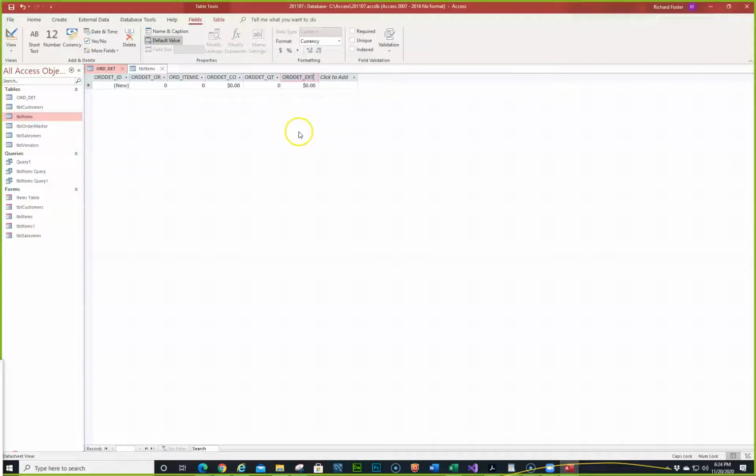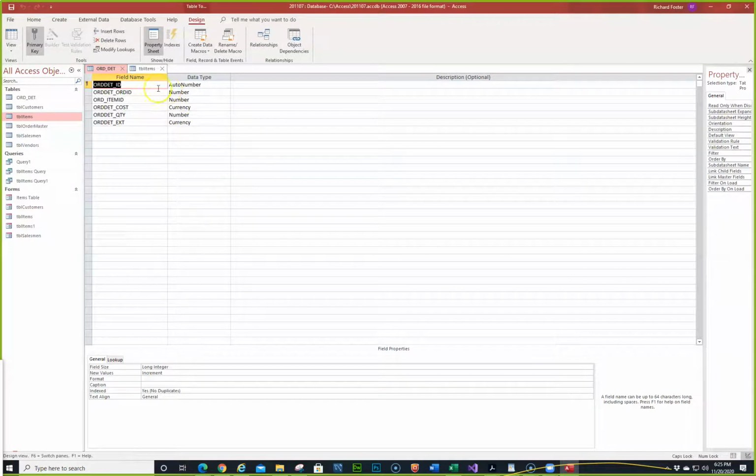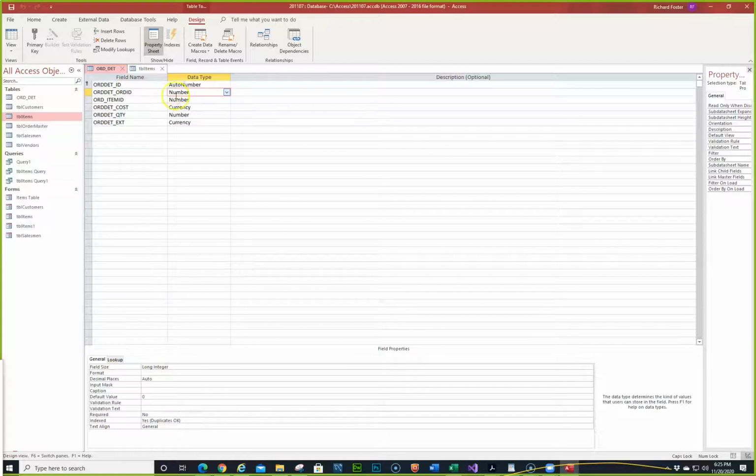Okay, so let's look at what we have. Let's save this. And I need to rename this, I named it wrong, but I'll fix that later. All right, so let's go into our design view and take a look. We have this order ID is going to be a long integer, the item ID is going to be a long integer, the cost of the item,